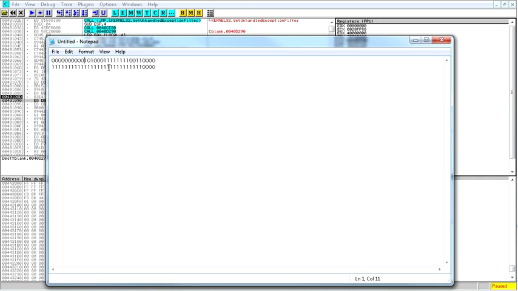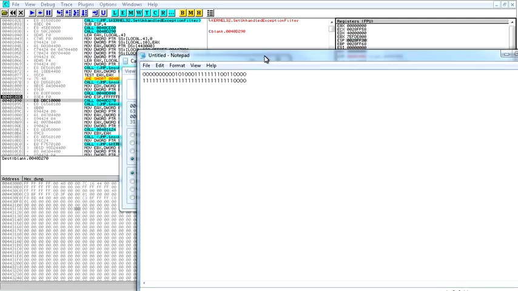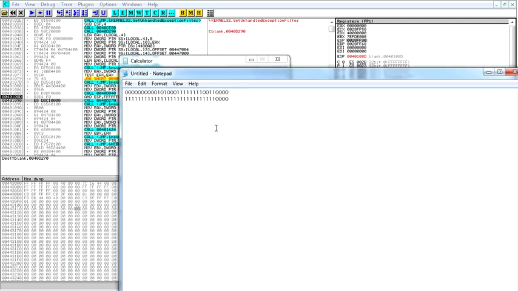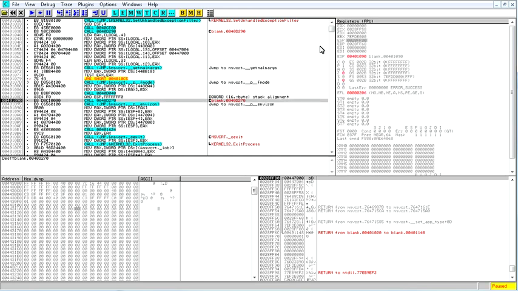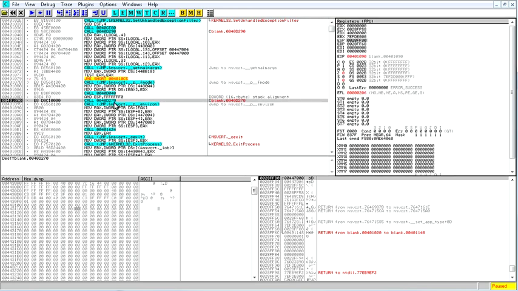So, if we do an AND on these, we're going to get 0, 0, 0, 0, 0, 0, 0, 0, 1, 0, 1, 0, 0, 1, 1, 1, 1, 1, 1, 1, 0, 0, 1, 1, 0, 0, 0, 0. And that, in hex, is going to be 28FF30. Okay, so we'll do it, and it didn't change. Then it does a call again to some other subroutine, and I think that's where we're going to wrap this video up.